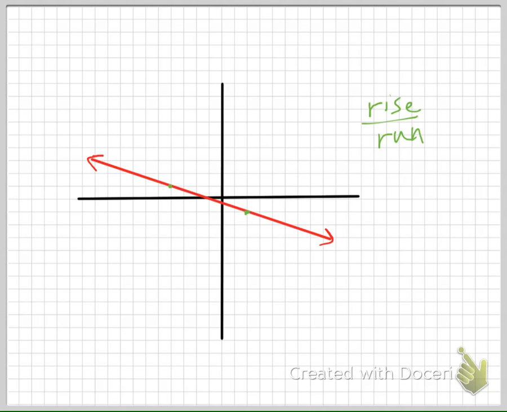To get from this point to this point, how much do I have to rise? I heard somebody: -2. Be careful, remember, negatives and positives matter. So if I'm going down, that means I'm rising a negative amount. So my rise would be -2, and my run would be